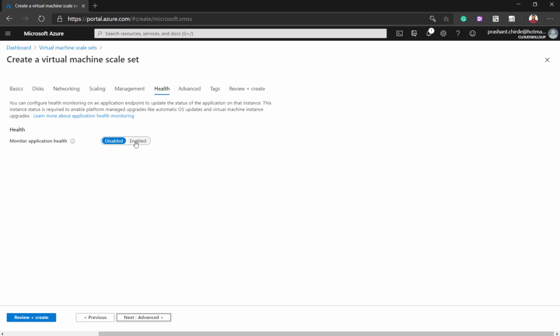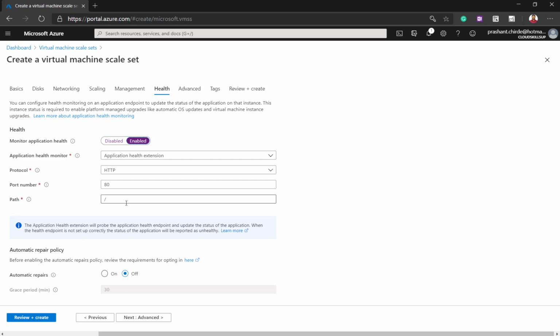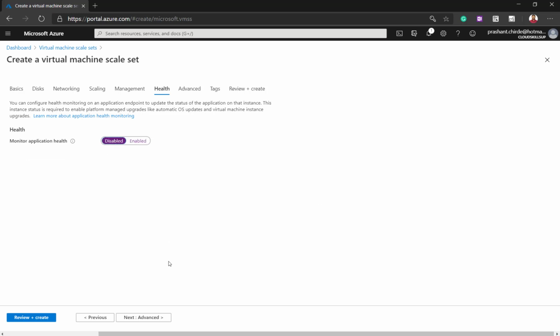If you configure the health here, you can create a probe request for your instances. For example, if you have the root folder for your application, where you have created any page or application page, it can check the probe health for that particular URL, and it will manage the instance requests accordingly, whether they go to that particular VM or not. We can do it from here. Currently I don't have any application to deploy, so I'm just disabling it for now, but we can do more health checks from here.